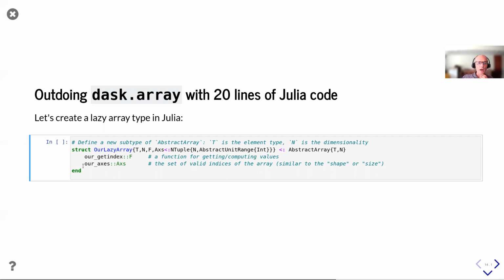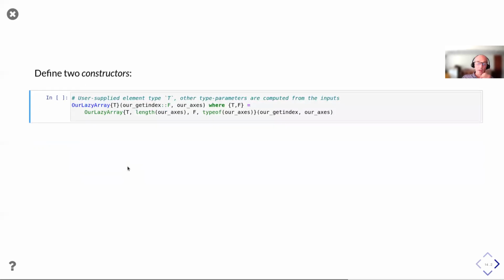And then we're going to basically describe the axes, which in Python would be like the shape, MATLAB, we would call that the size of the array. Julia is actually even more flexible because you can use arbitrary indexing if you want. Okay, and then we have to define a couple of constructors, or it's actually helpful. It makes our users' lives more convenient. We could just always use the raw type to build this thing, but